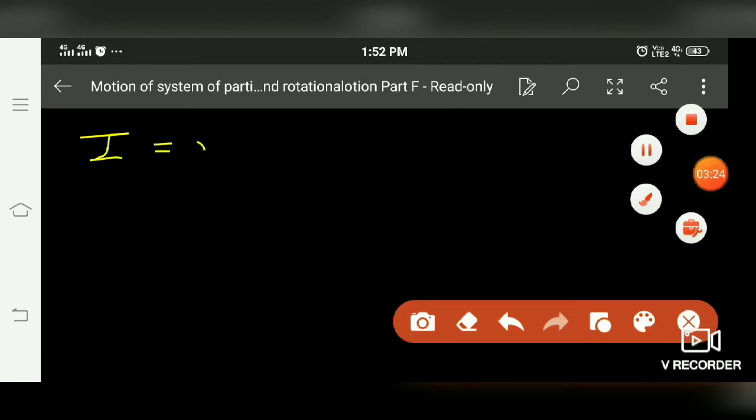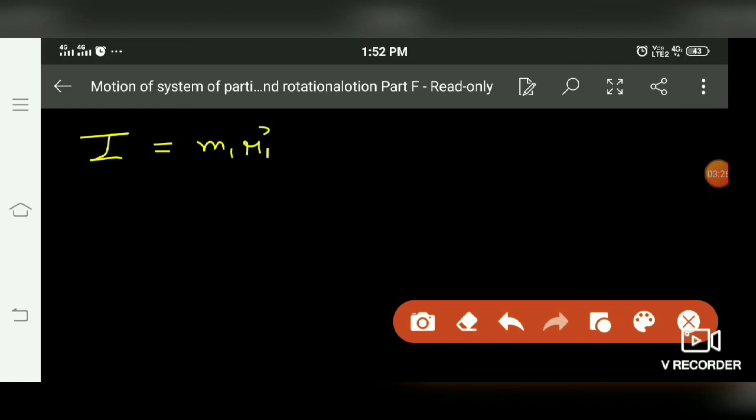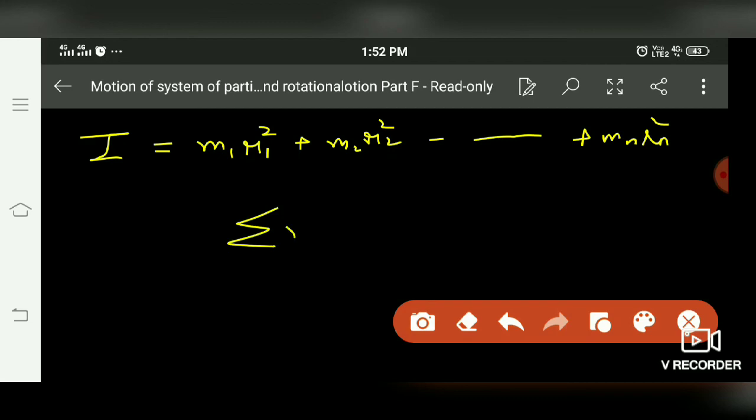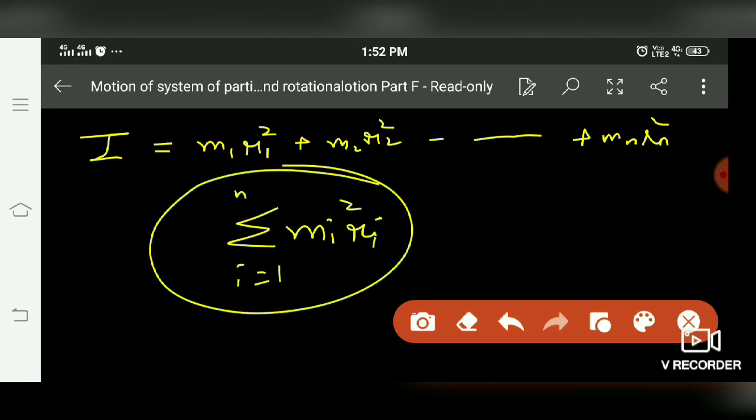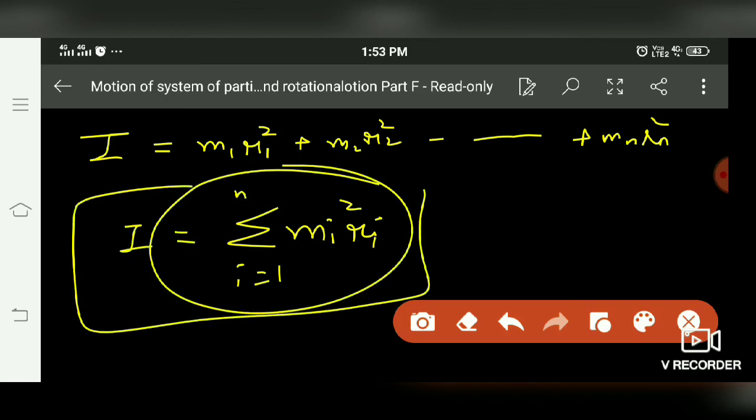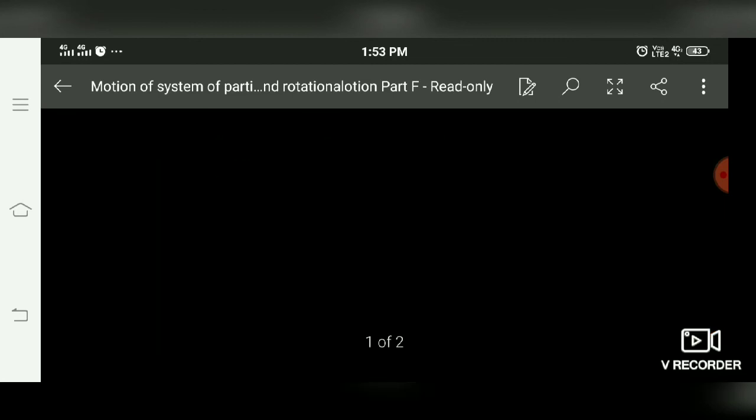It is the product of mass and distance squared. If n particles are there, this is the moment of inertia. So for the discrete system we can write it as summation of mi ri square, i varying from 1 to n. This is the formula for moment of inertia. So I is equal to